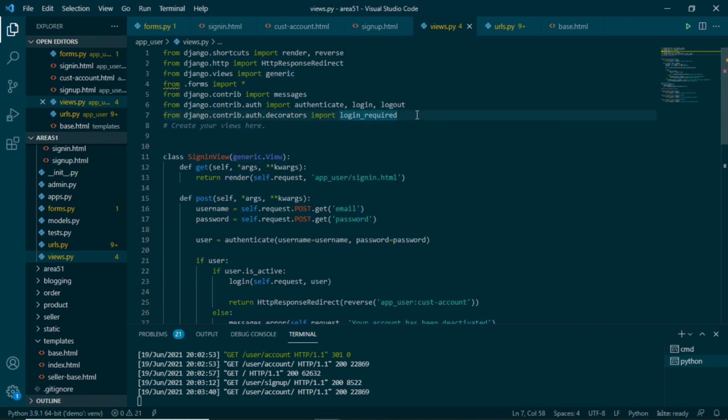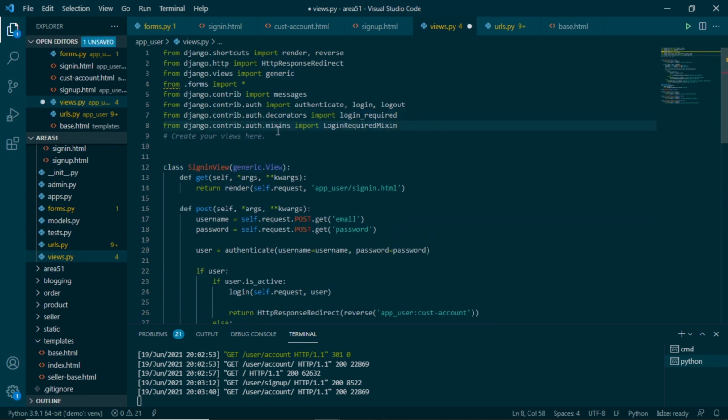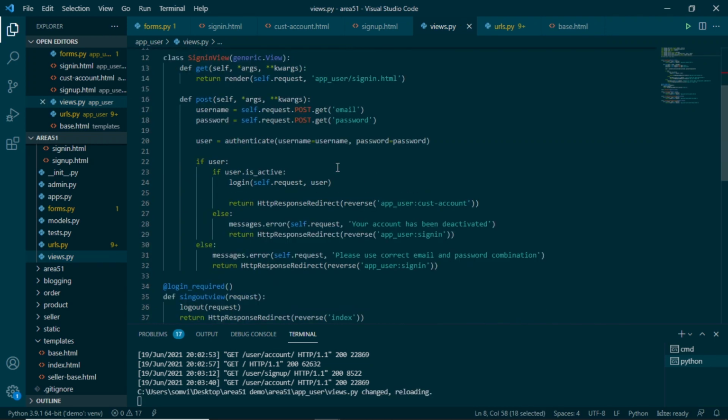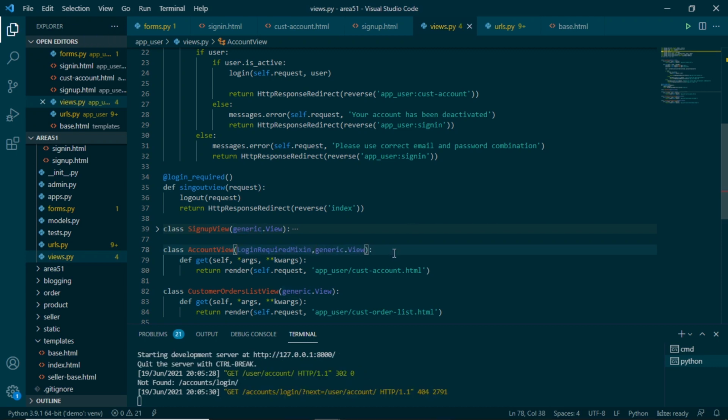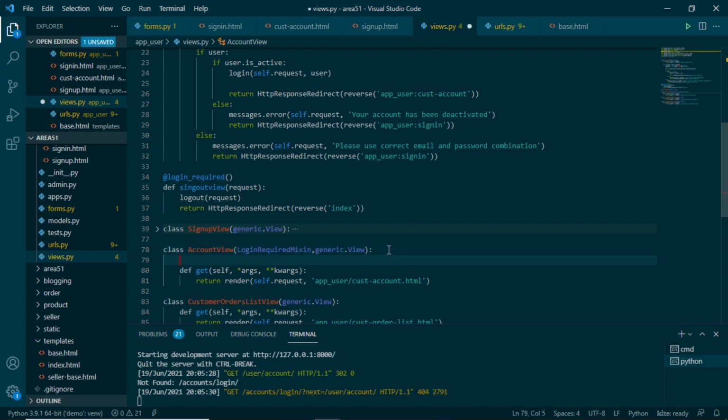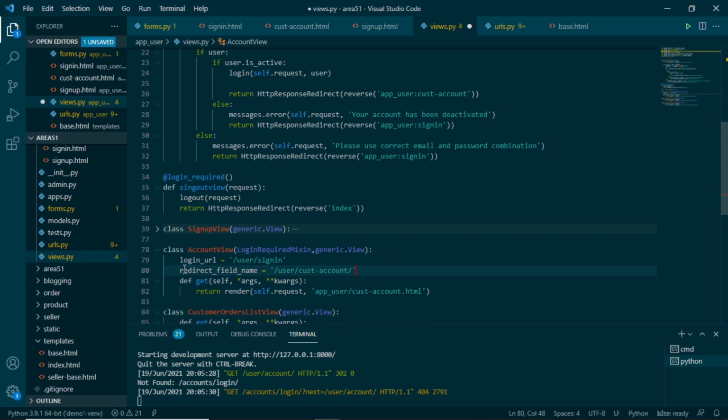We will import that using auth.mixins, login required mixin, and we will put it in our view, account view at the first. Here, along with this mixin, we need to provide two fields, which is login URL, what is the login URL of our website, and where we want to redirect the user.